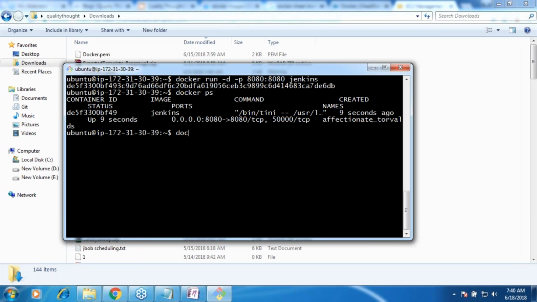docker run -d -p 80:80 --name my-nginx nginx. Okay. Now let me do docker ps. I have two containers that are running right now.